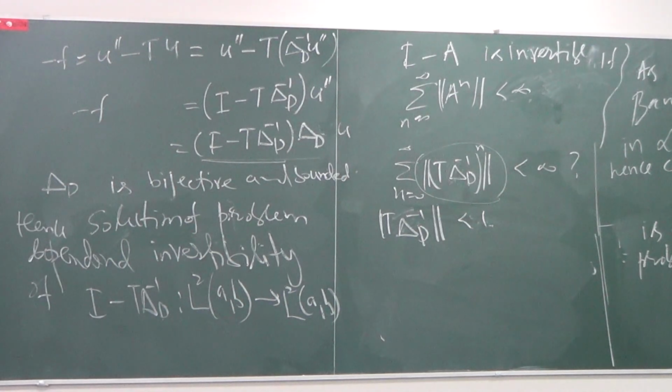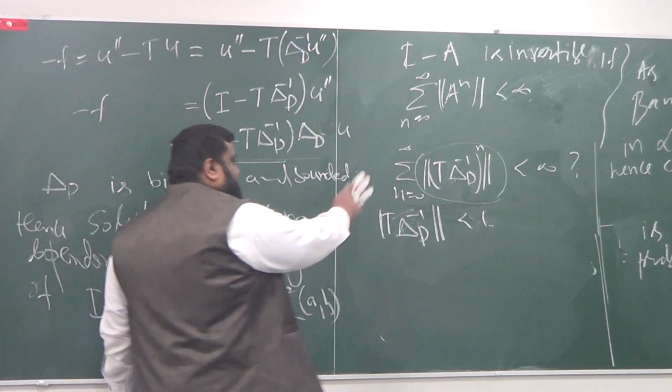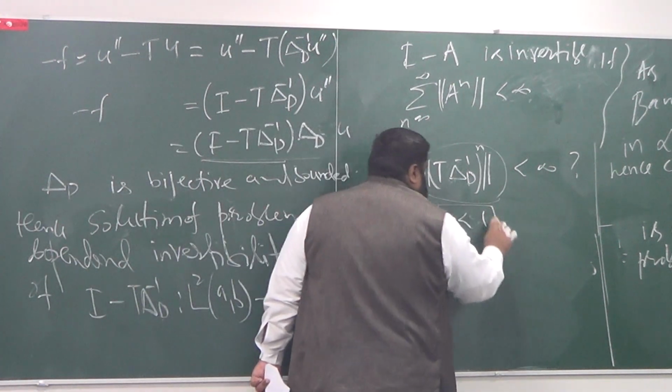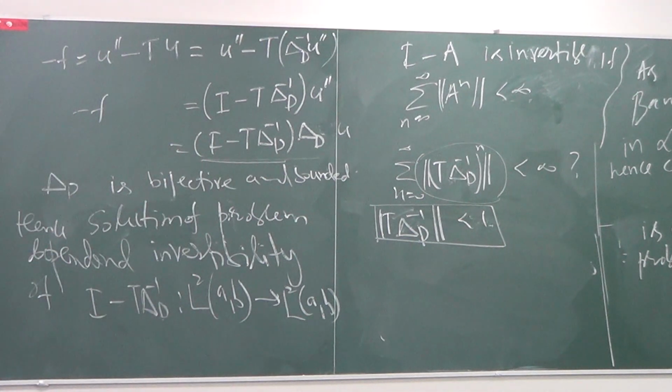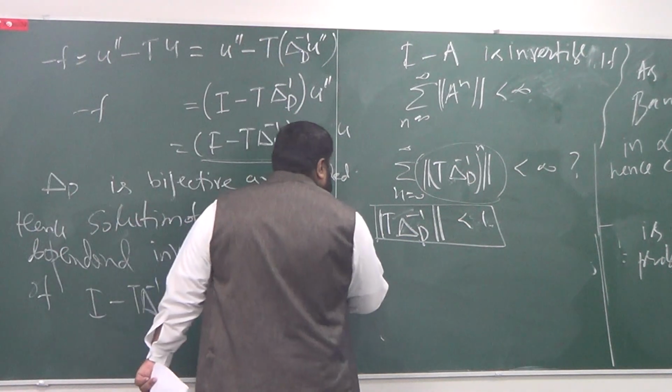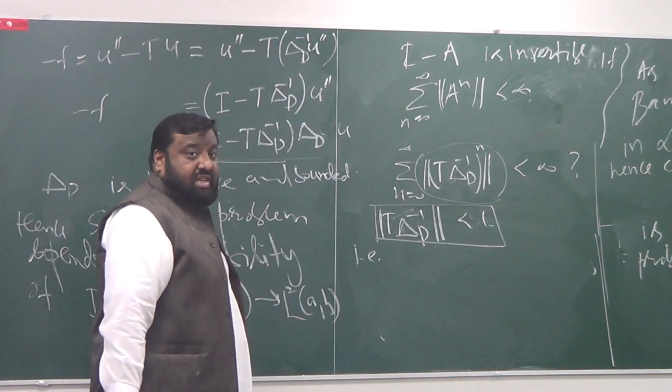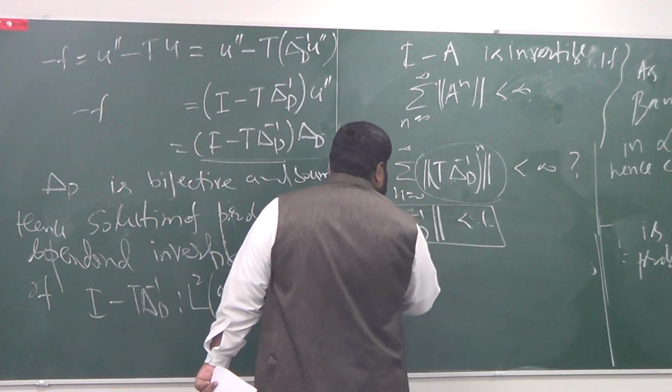So now, sir, this is a simple geometric series. No, power n, no. Okay, it's a geometric series, but what does this inequality mean actually? I would say that this actually means that the norm is there exists